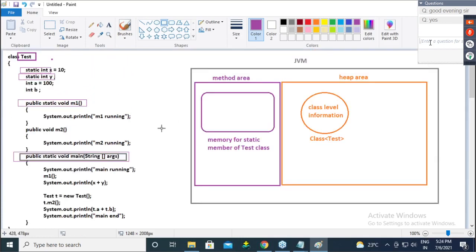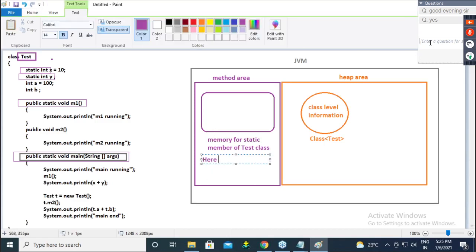Guys, is everyone clear up to this? So all static members load. But guys, now see, here all static members of test class will be loaded on high level.